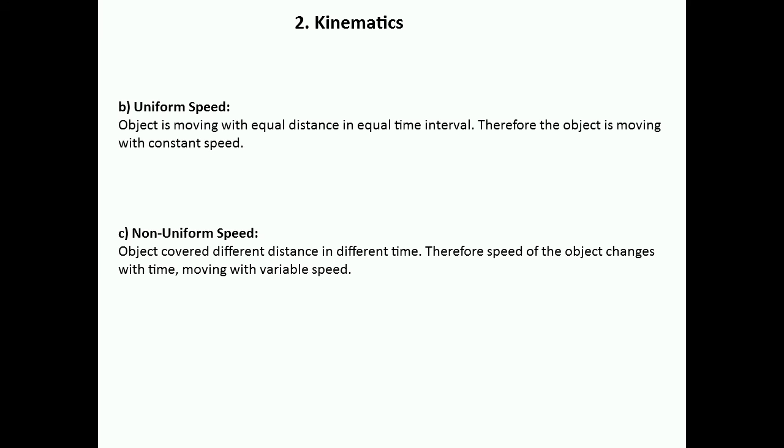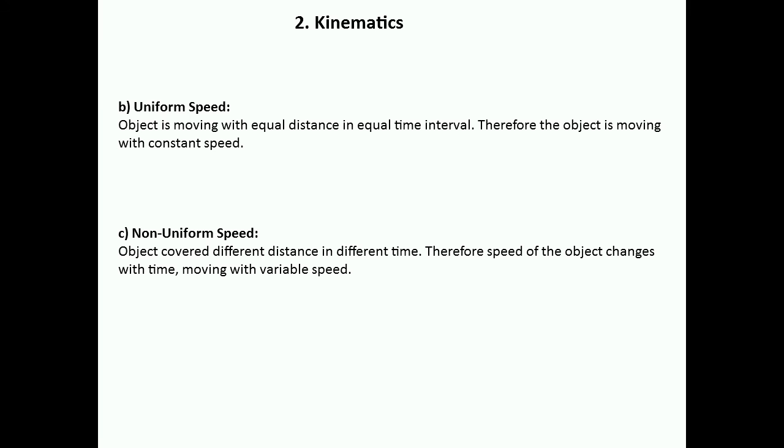The uniform speed, as I told you, is a constant speed. For example, if a body moves from point A to point B, and the distance between point A and point B is 1 meter, and the body covers that 1 meter in 10 seconds, then according to the definition of uniform speed, the next 1 meter will be covered in 10 seconds and the next 1 meter will be covered in 10 seconds. So the time and the interval of distance will remain the same.